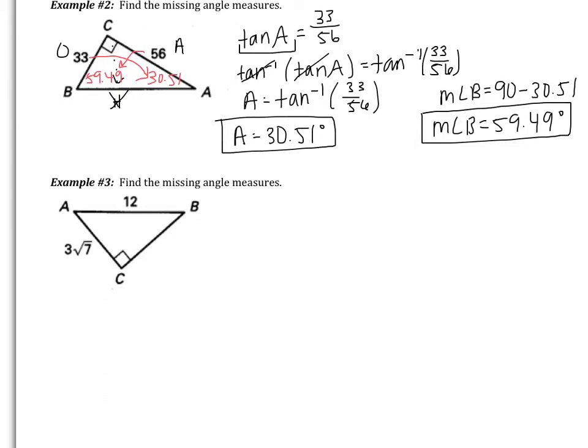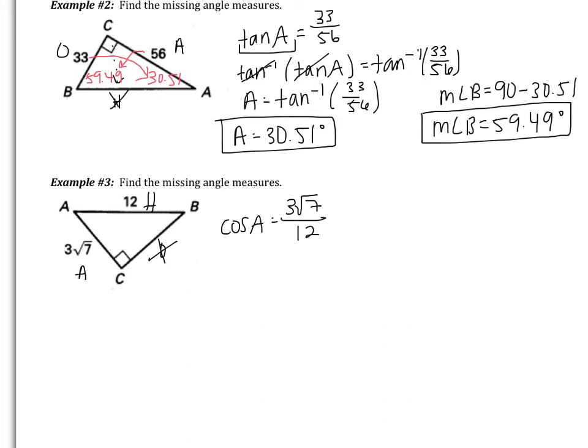Okay, let's see how we did. Looking for angle A, we have opposite here, adjacent here, and hypotenuse. Well, I don't know the opposite side, so I'm going to have to use cosine because I have adjacent and hypotenuse. So the cosine of angle A is going to be adjacent, which is 3 root 7, over 12, which